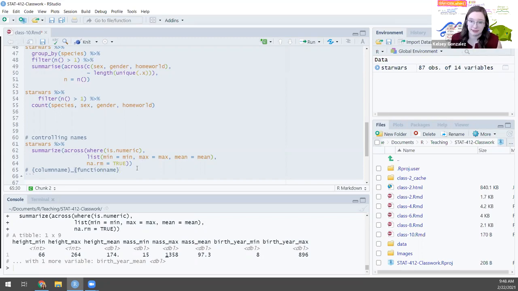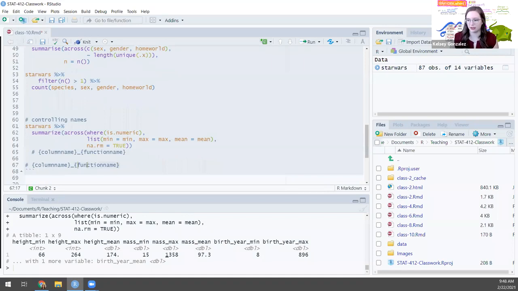In many cases, that's fine for what you want, but you might want something more specific. If you wanted, for instance, it to be backwards, so if I wanted to have a function name, then a column name,